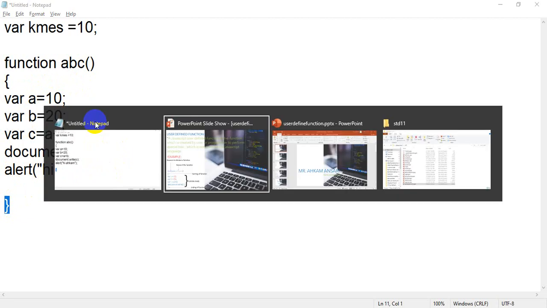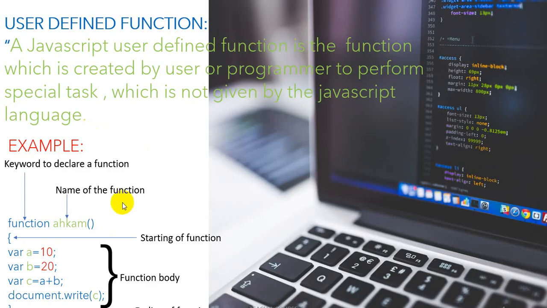Okay, so again I am moving toward this example. I think I have told you each and everything in this function. This is the keyword function and account is the name of the function. Then I have declared three variables: a, b, c. Inside c I am performing certain addition, and then I display some value by using document.write. If you write this code in your JavaScript, it will not execute because everything is written inside the user defined function. So you have to call this function in certain ways.